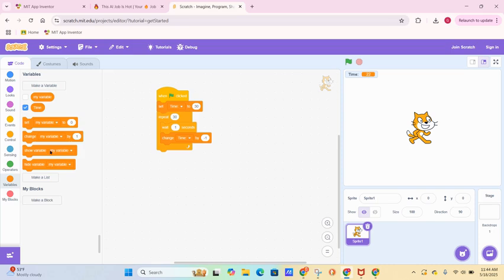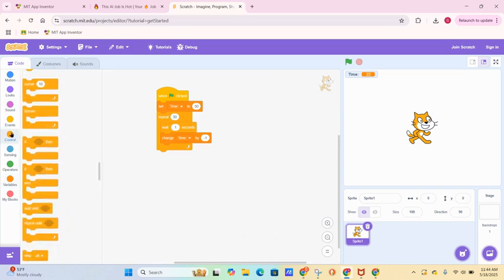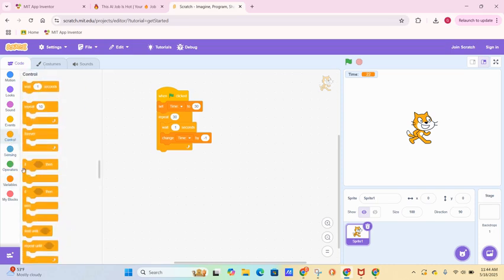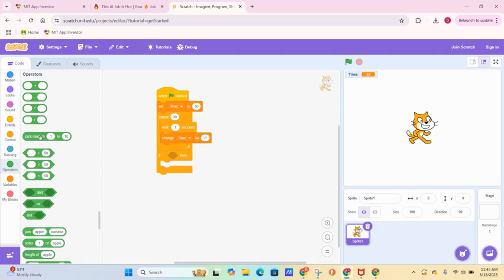So I am going to set a condition. I'm going to go back to control, and I am going to say, if one condition is true, then something is going to happen. And that condition is my variable time equaling the value 0. So I'm going to go to my operators. Operators are mathematical and logic operators, and I want the equal sign. I want to say when time equals 0,